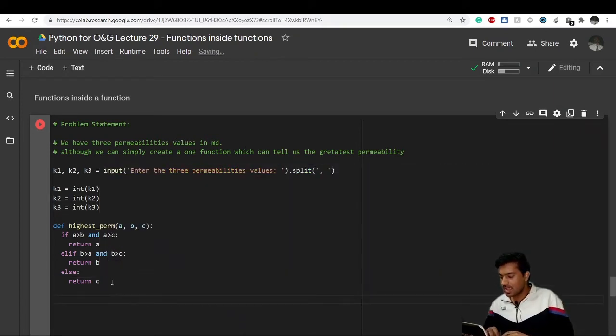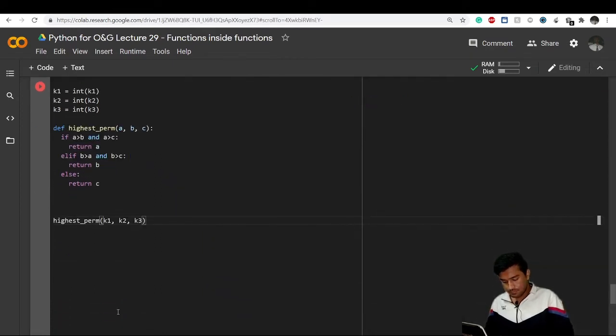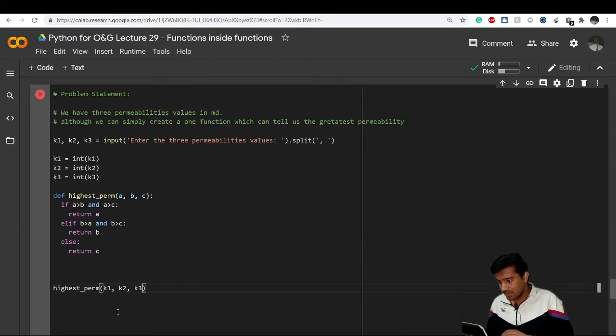Great. Now I have only defined the function here. I'll have to call the function as well. So I'll call the function highest perm, and these values of a, b, c are nothing but k1, k2, k3, right? k1, k2, k3. Now if I execute this cell,